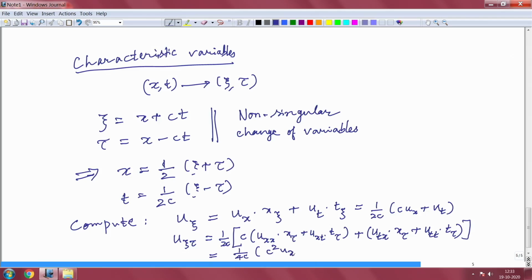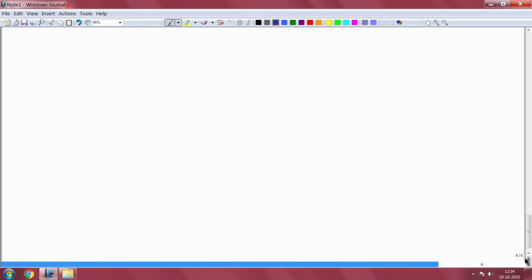Some terms get cancelled, and you can easily verify that, with c squared, and that is equal to 0. So, with this change of variable, we see that the wave equation reduces to